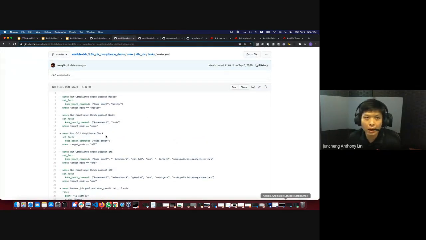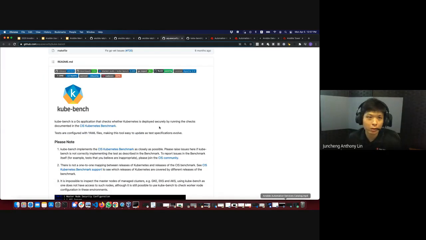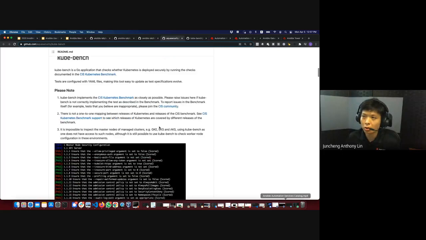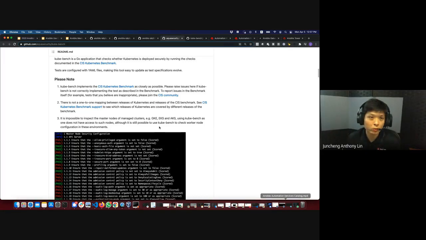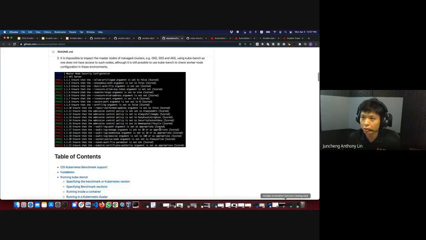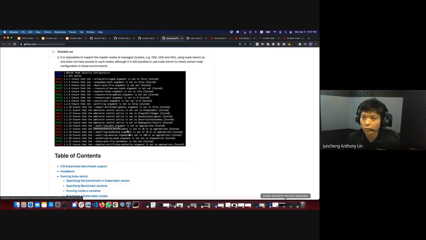Over here, I am actually not going to reinvent the wheel. We know that we already have a lot of good stuff being done, for instance, by Aqua Security. They have what we call kube-bench, written in Go. Basically, it can go and spin up a container as a job, scan the particular stuff that you're working on, and then return you a report on how good or bad it is, and what are the things that pass or fail.